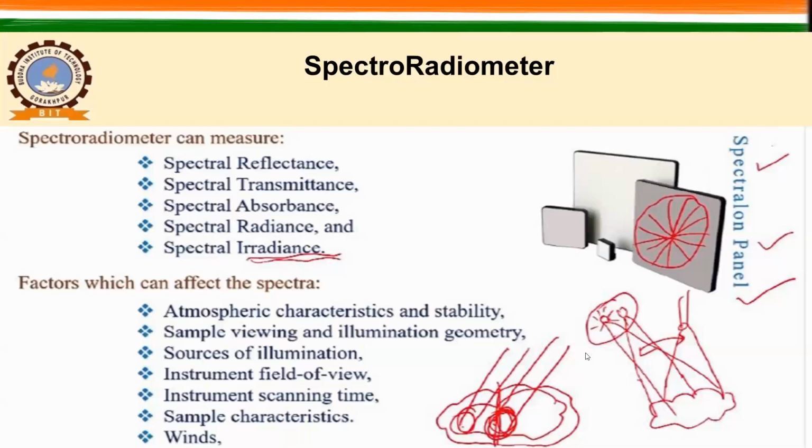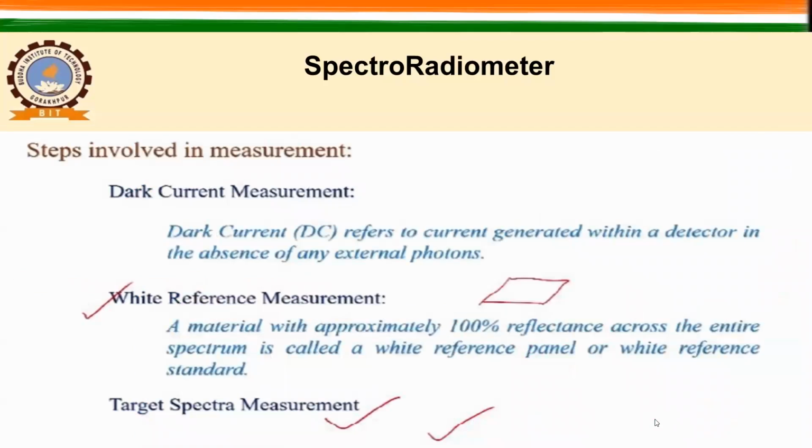And the last one, which is very important, wind. So wind, whether you have a strong wind or calm environment, that also matters a lot here. So you should make sure that you should not have a strong wind during the measurement, right? Spectroradiometers are very sophisticated instruments, so you need to follow sets of procedure and you can't avoid them. ठीक है? क्यों avoid नहीं कर सकते? Because if you change the way you calibrate or you measure the sample spectra, it will influence your final result.